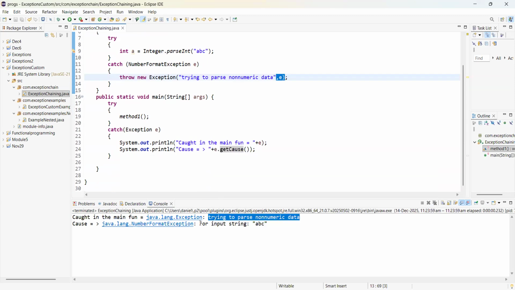So in the cause, we are going to get: For input string ABC. For which particular string is it giving an error? For the ABC error. From where is it going to come? It is coming from java.lang.NumberFormatException. And where is this coming from? It is coming from Exception. Why? Because we have created an exception object, and this e, whatever is getting caught here due to ABC, is